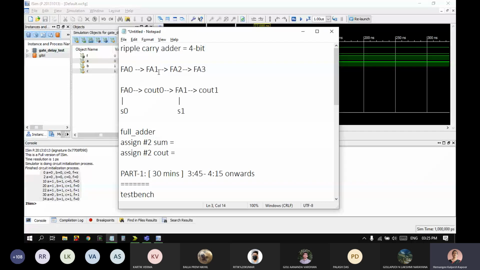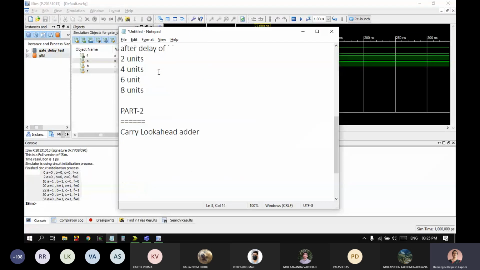This has a generate and a propagate, if you can remember. So for the carry generation, it has generate and propagate Boolean expressions. These expressions are used to generate S0 to S3 and all the C outs. You can look at the expressions in your textbooks, though that's not an exam, so you can always look up information about how to do this. These are around 4 to 6 expressions. You have to write them simply in the Verilog file using assign statements and repeat the same thing.